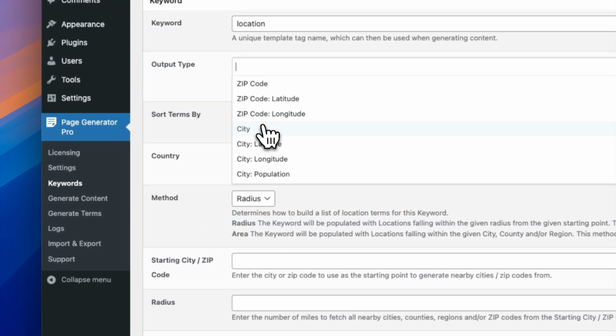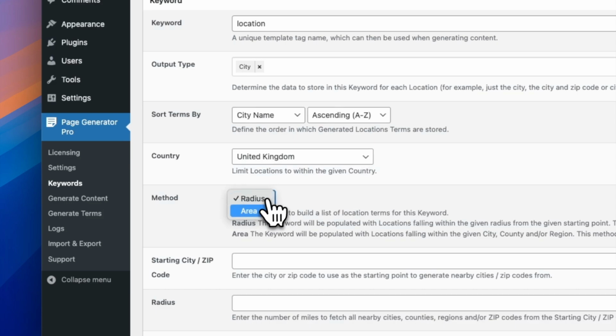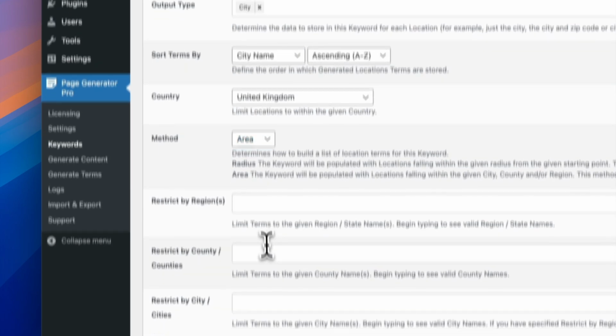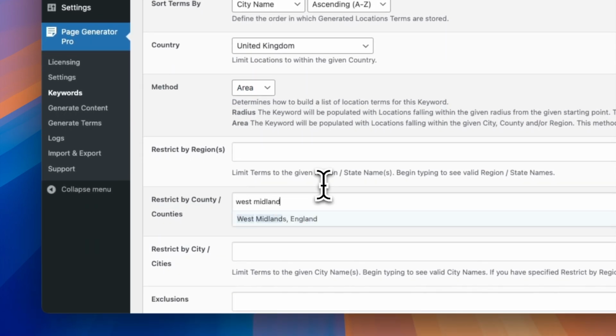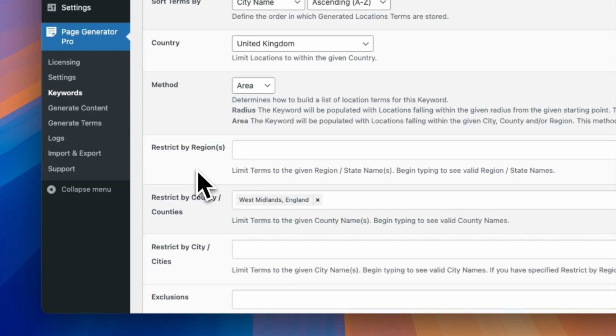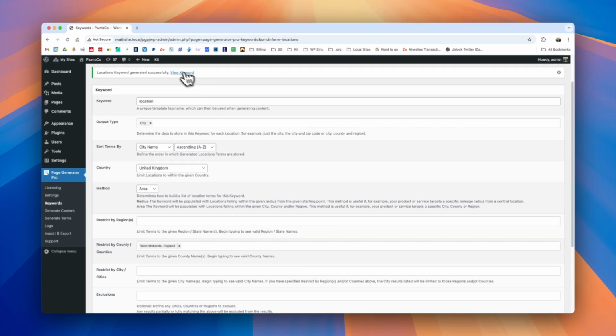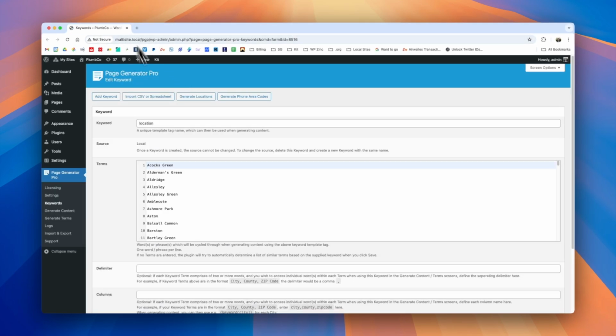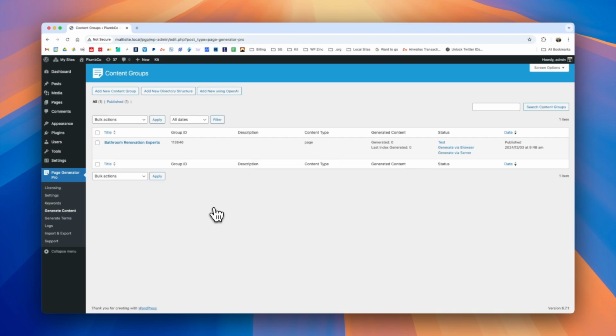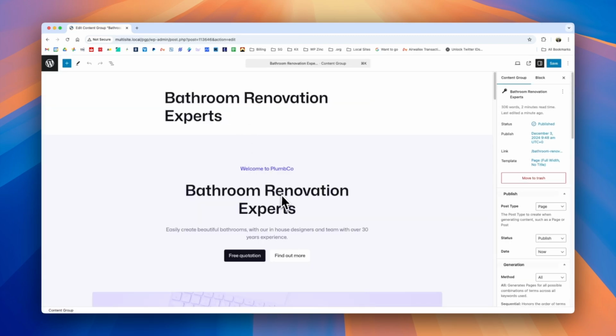We want the output type to be the city. We will target an area of the West Midlands in the United Kingdom, and we will generate the keyword using those settings. We're told that that worked, and we can see here we've got a list of all of the sort of towns, villages and cities within the region of the West Midlands. If we go back to our generate content screen and select the content group that we're working on, we can